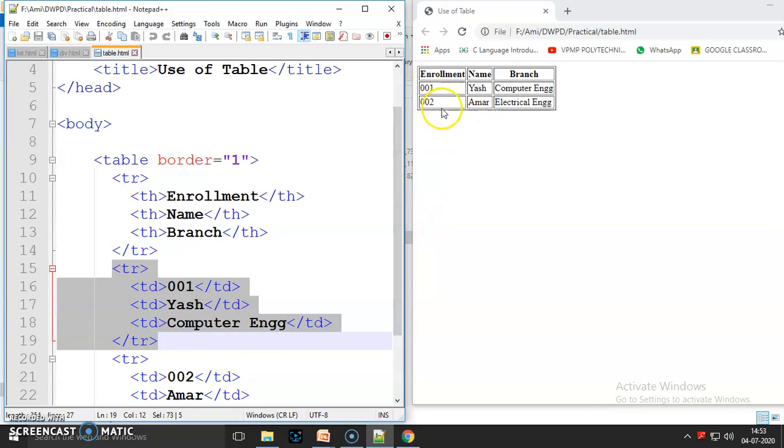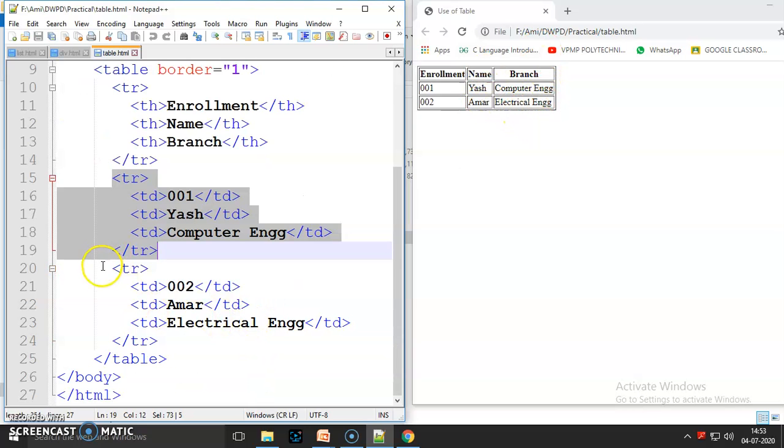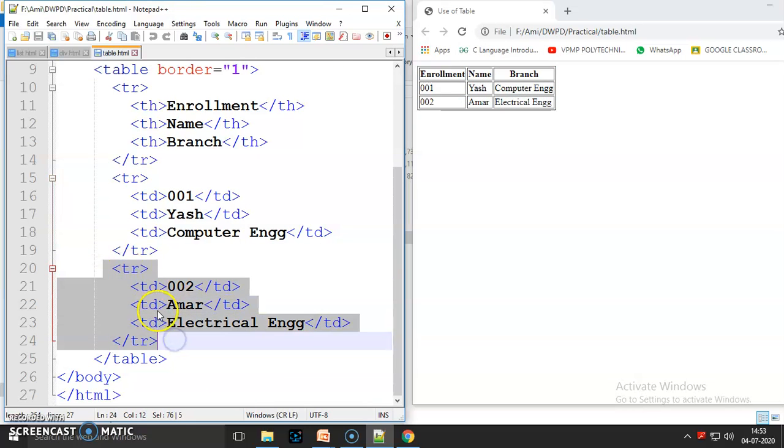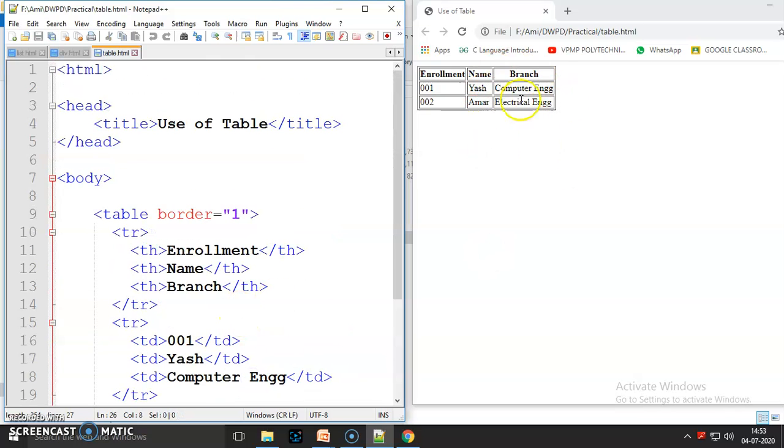Then the third row is 2. Name is Amar and branch is electrical engineering. So in coding again I write the third row, tr and /tr. Between this tr and /tr I write td 3 times. And in this table, the border of the table is given with value 1.